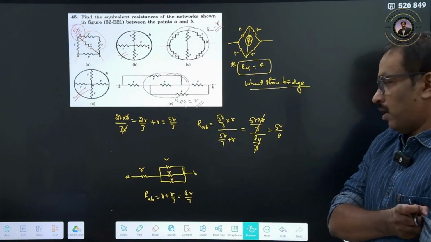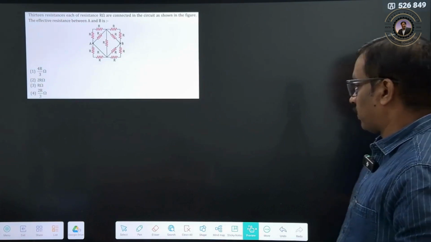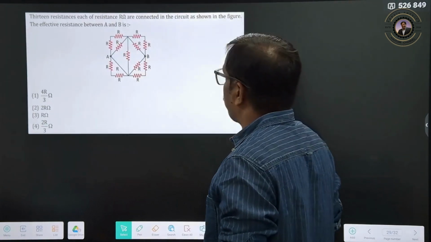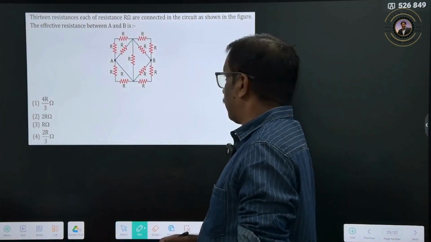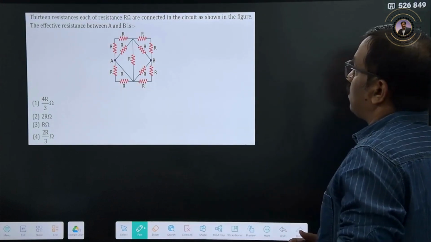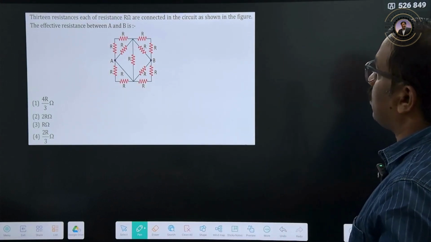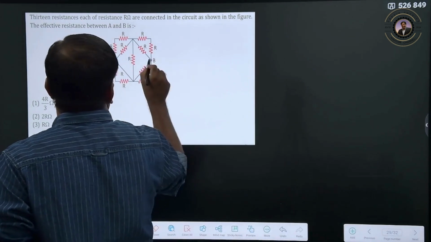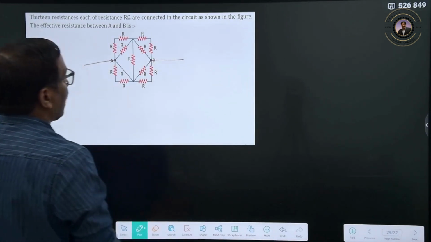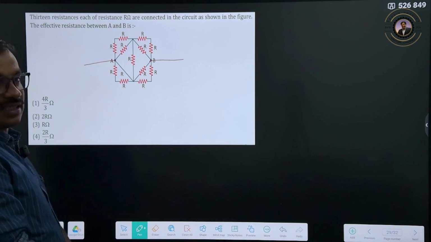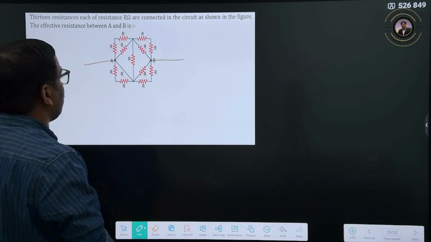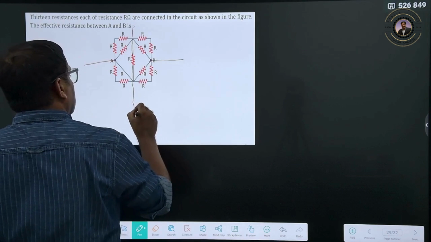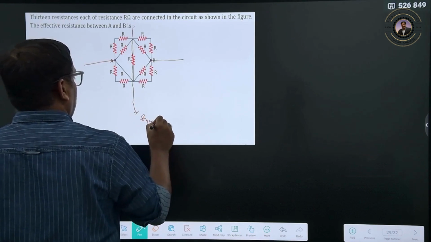Now we will go for one more question. 13 resistors of resistance R are connected in this one. Therefore, find the effective resistance between AB. How to calculate it now? This looks like a symmetry circuit. So how is the symmetry there? Here I can try to draw this. This is nothing but a symmetrical